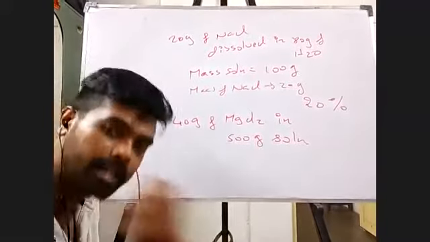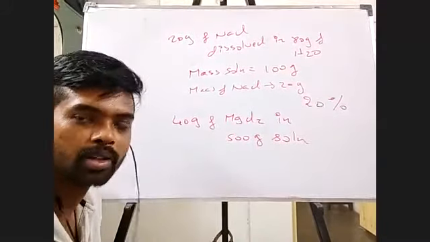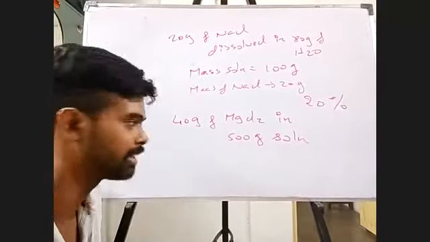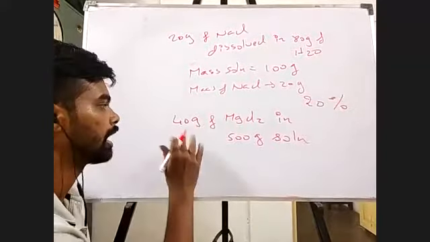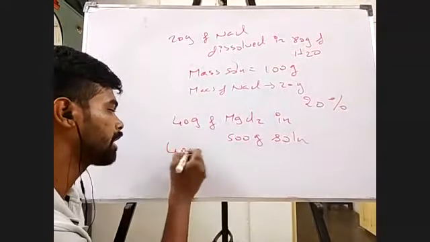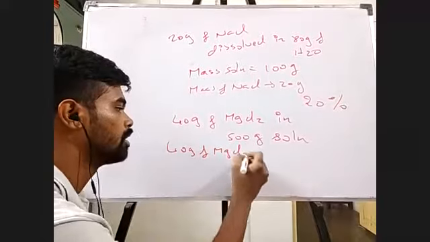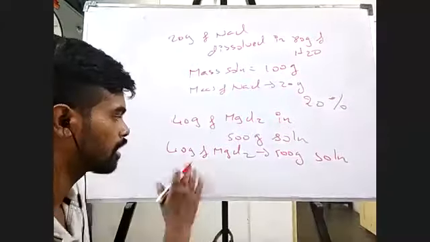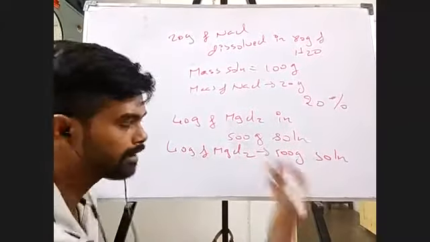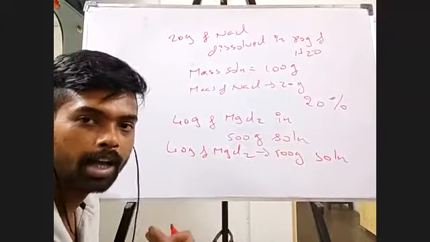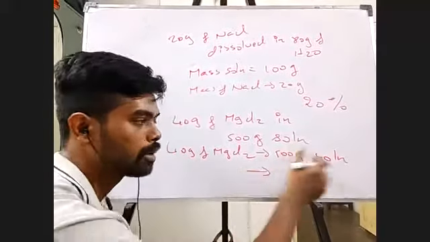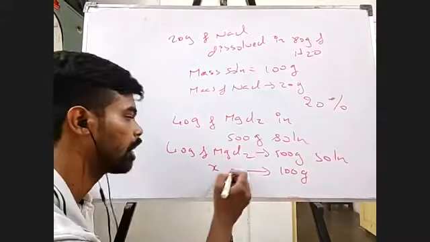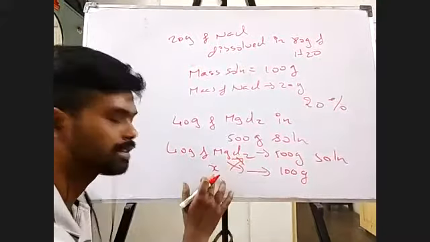If I have 100 grams, what is the mass of solute, isn't it? Now again I can use the cross multiplication value, isn't it? Now what will I say? For the data first I'll take 40 grams of MgCl2 in total 500 gram of solution. Correct? 40 grams of MgCl2 in total 500 gram solution. Now what do I want? I want the mass percentage. For that, what should be the amount of solution? 100 grams. Correct? So for this, how much? This X is my answer.